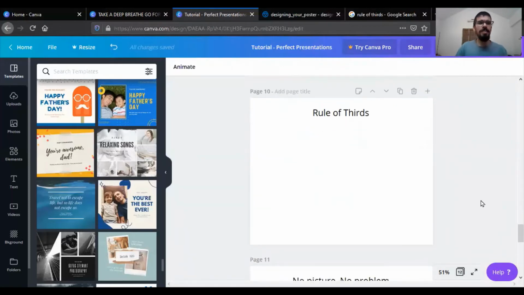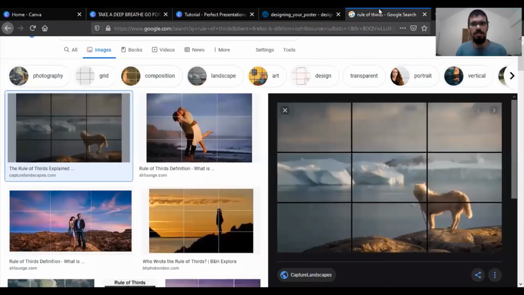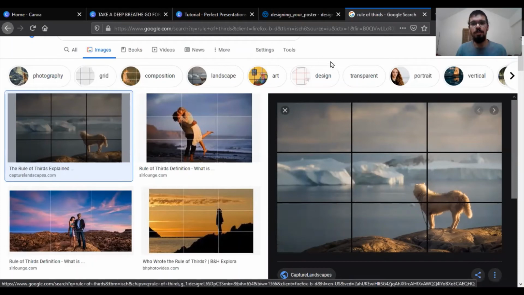Another rule, this is something that's very common with photographers, is known as the rule of thirds. Now what does the rule of thirds say? The rule of thirds says that if you take any poster or any image and you divide it by 4 lines, the way this grid exists, equidistant lines into all these 9 spaces,